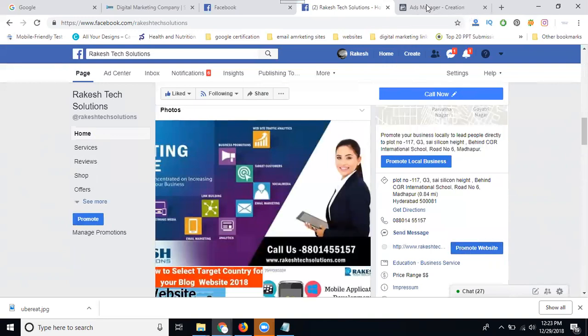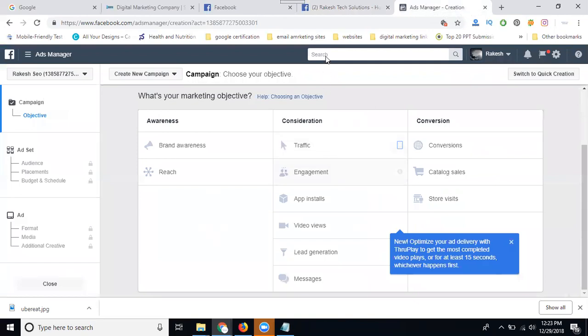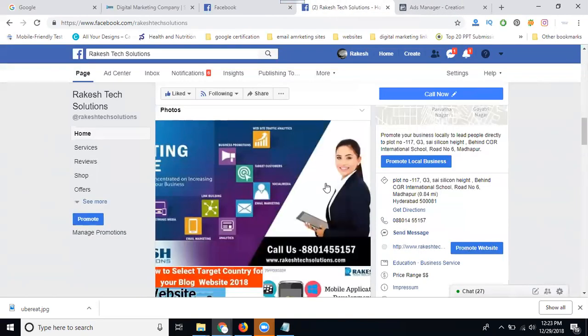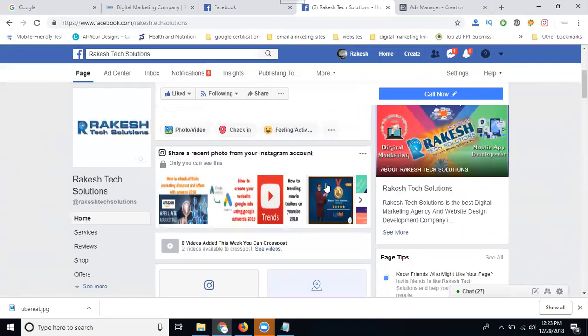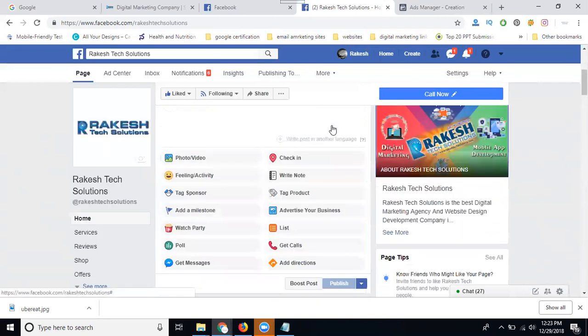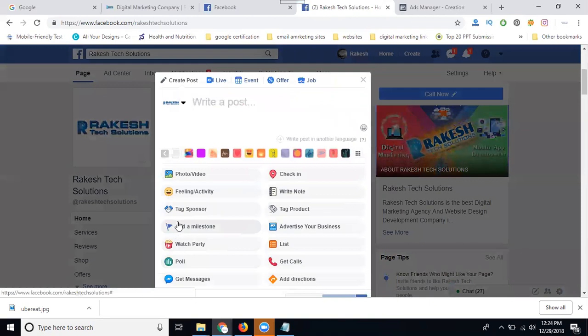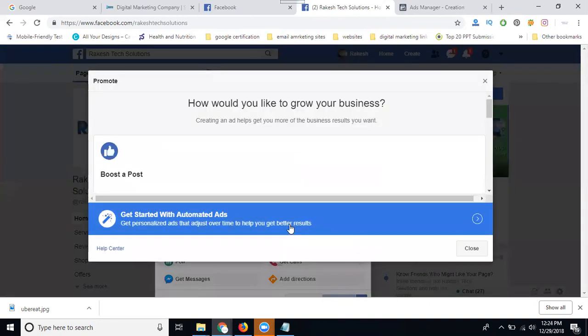Suppose you are facing this problem with your ads manager. Simply go to your Facebook page. In the posting option, select it. Here it will show advertise your business. Select it. Here I'm not going to any ads manager.